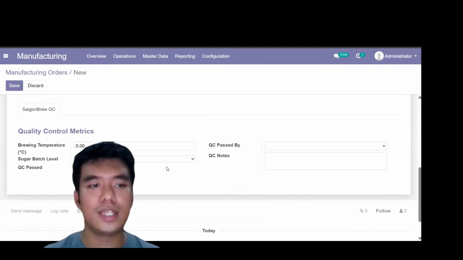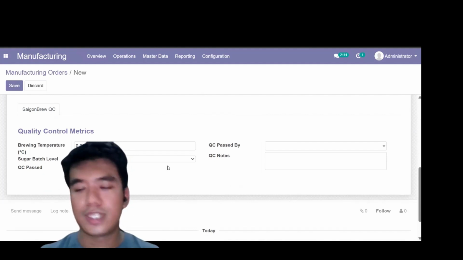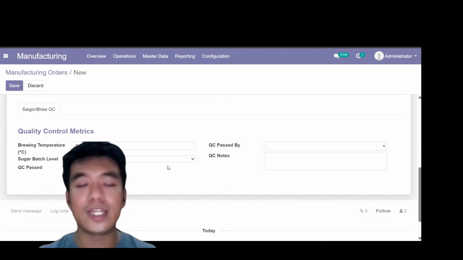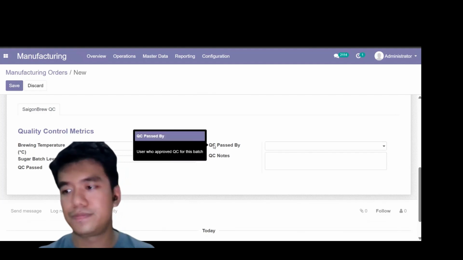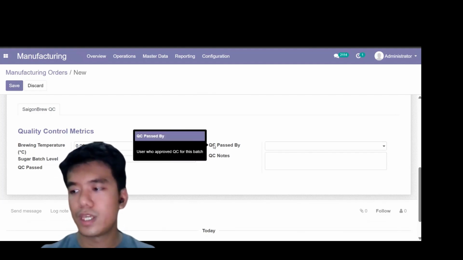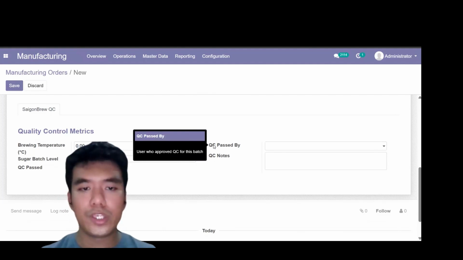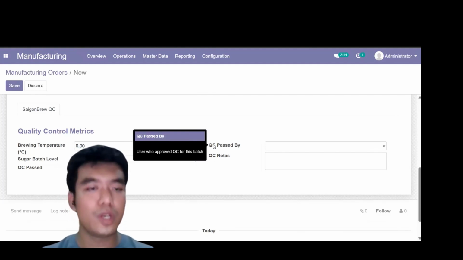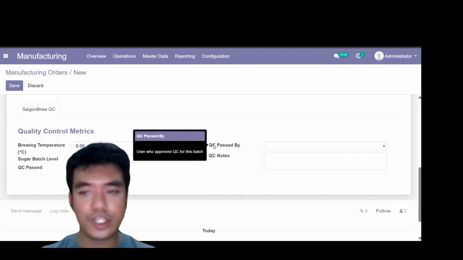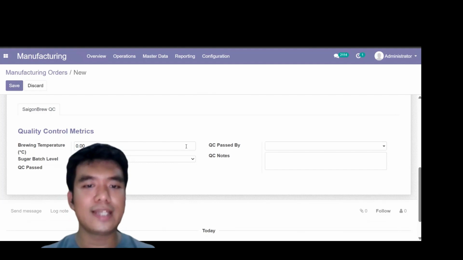And then here, these are the quality control metrics that we have just implemented by ourselves by inheriting the MRP model in the Odoo system. We use Python to inherit Odoo's core manufacturing model, MRP production, and extended its structural fields to handle query parameters. In that way, you can see that the user can now add these 5 quality control metrics to every manufacturing